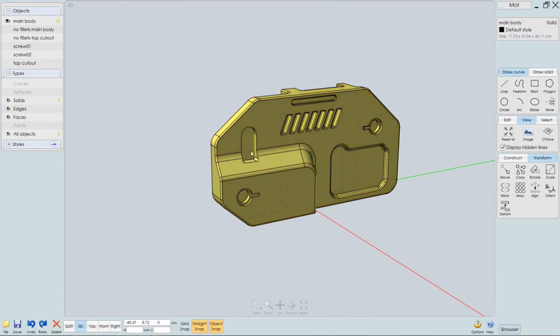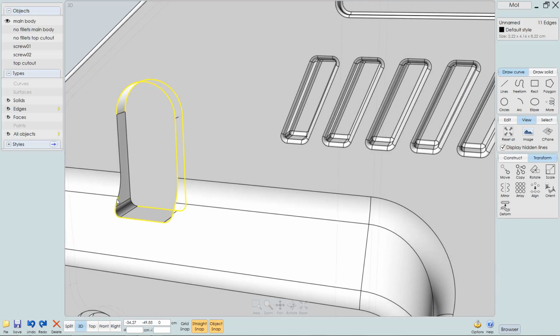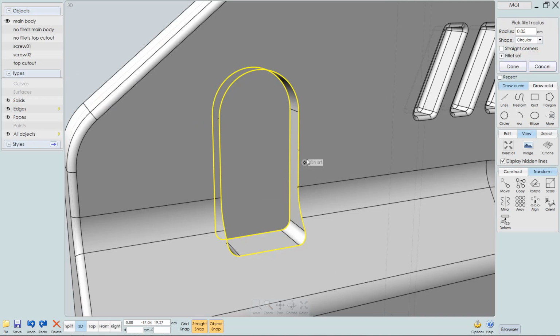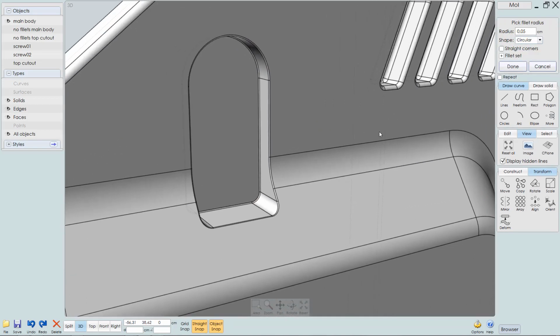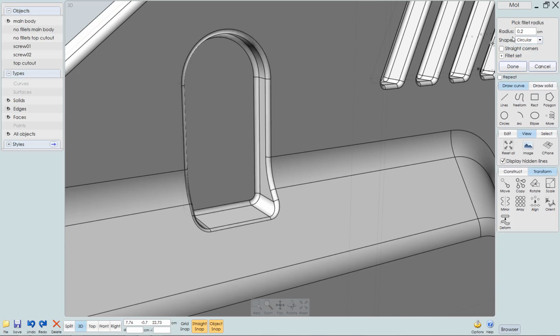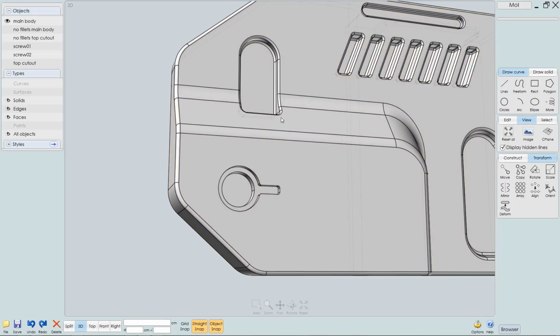I'm going to isolate the main object again. Now we also need to bevel or fillet the edges here. So I'm going to select those. Try a loop selection, which does not really work, so let's go ahead and fillet those. And we'll make that a little bit bigger. 0.2, let's try 0.3. 0.2. Right click to confirm, and